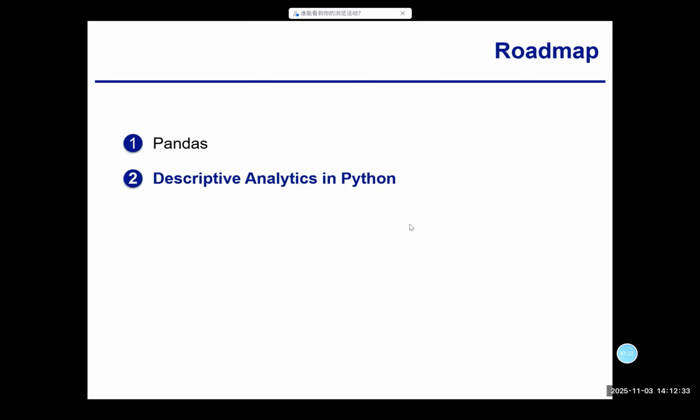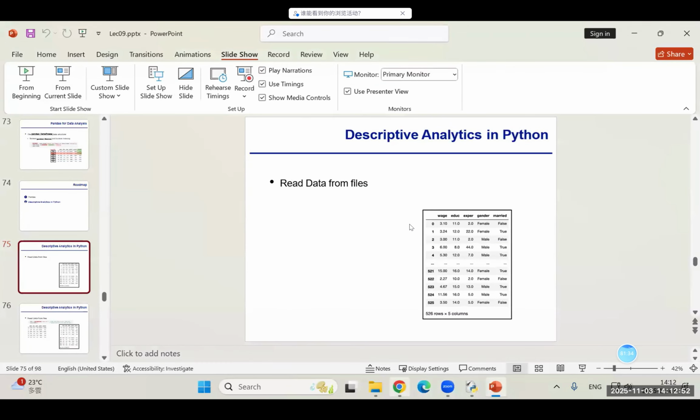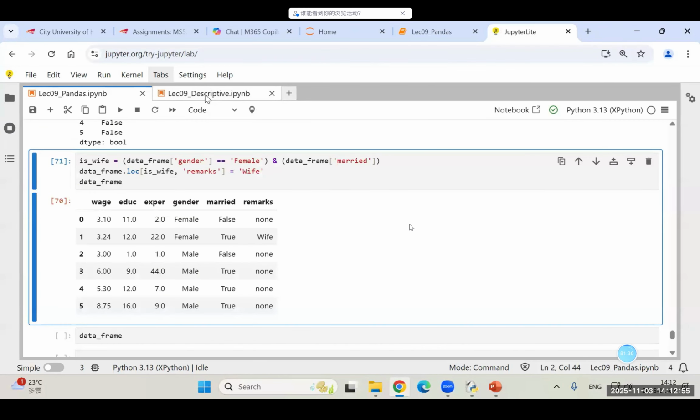Well, we have seen some of the examples. We have seen some of the examples back in lecture 1 already. But well, in Python, things are done in general in a different way. So the first thing that we're going to teach is to read data from existing files. So before continuing with our slides, let's shift to the new Jupyter workbook called Lecture 09